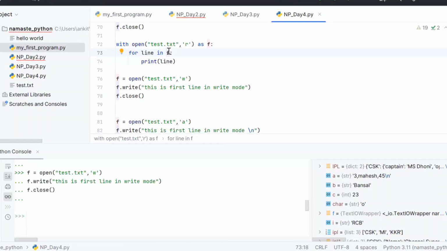Is there a limit on how many elements can go? Suppose my file is big, will it cause any out of memory issue when we store it in some list directly, or do we divide it? If you are running line by line, you will convert it into a list and then run a for loop, so it will go one line at a time. There should not be any issue with the file size. If you are reading the whole file at once, and your file is very big, let's say 10 GB, then you might face issues. But then what is the point of opening the full file at once?